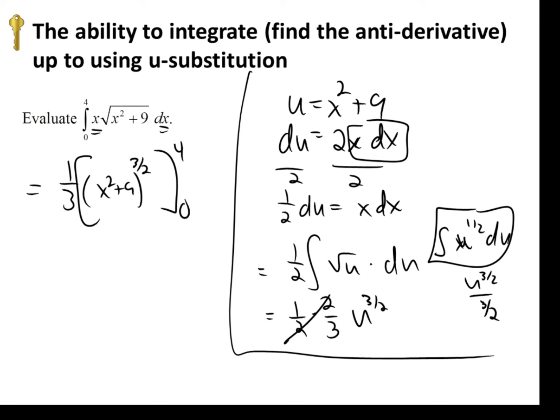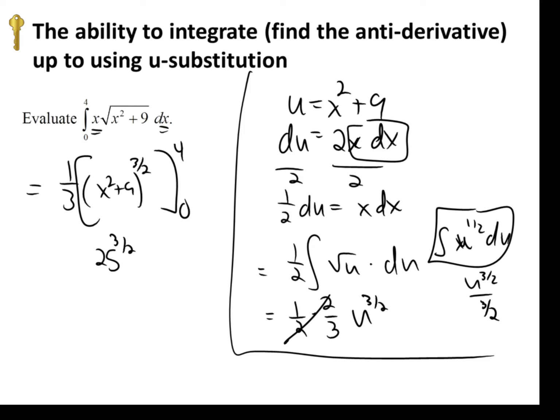So this is without the limit switch. Perform it in u. Don't put those x numbers on the u integral. Just ignore the numbers, ignore the limits, and keep going with it, and then trade back in what u is. Put a 4 in. 4 squared plus 9, that's convenient. What is 4 squared plus 9? It's 25. So we have to take 25 to the 3/2 power, and then we have to, now it's not